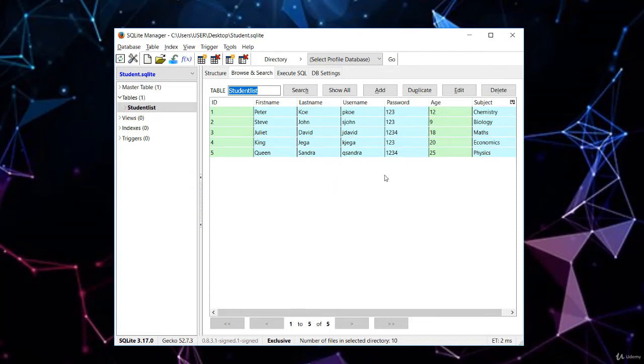So I'm sitting on browse and search, and this is the database we've created. So far, I believe that it is just very easy, and in the next video I will go ahead and start writing code that's going to help us to work with Java and the SQLite manager together. So let's go over to the next video and kick off immediately, as we have created our database in this